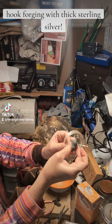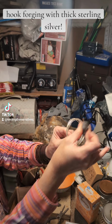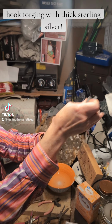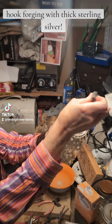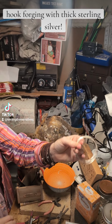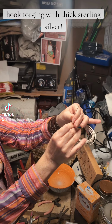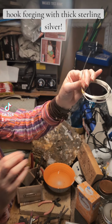So I have used a tumbler before for some of my metals and my copper guitar picks that I create into necklaces and do all the cutting, and my brother has helped me do some of the finishing work on those when he stays with me. But for this one,